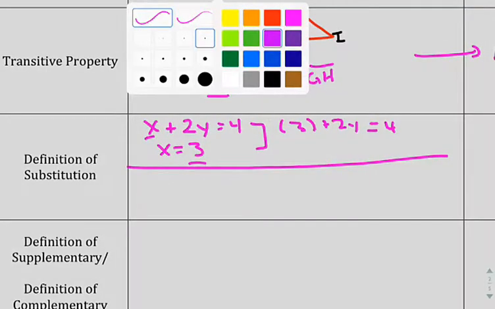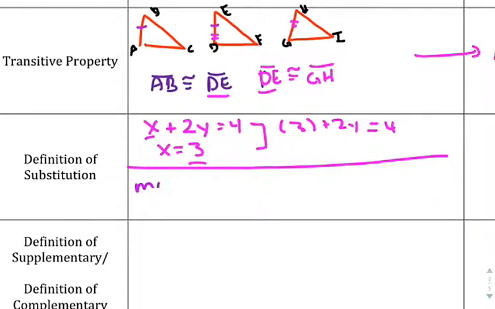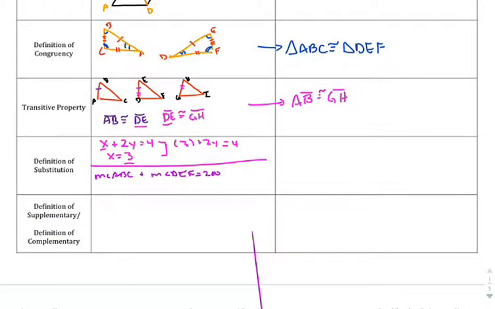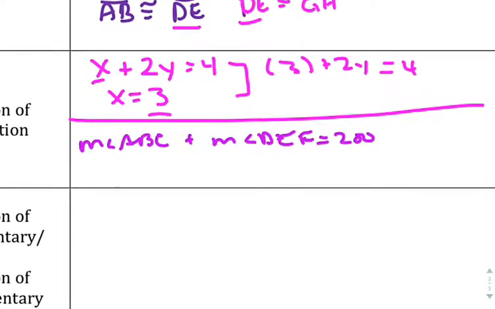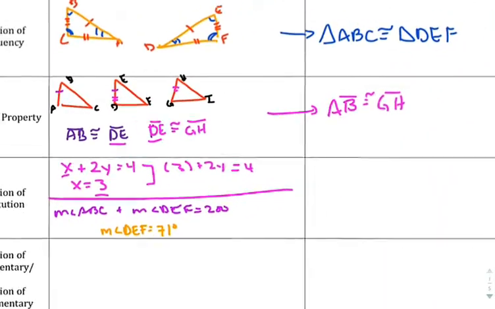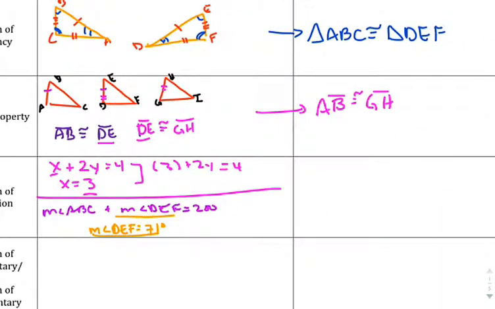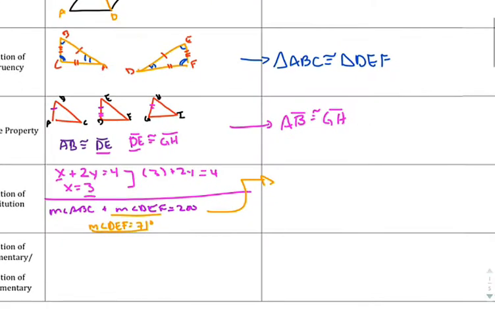In terms of geometry, it's probably going to be more commonly seen in this way, with the measurement of, let's say, angle ABC plus the measurement of angle DEF equals 200. And then you later find out that the measurement of angle DEF equals 71 degrees. Again, we see DEF repeated in both of the statements. So substitution allows me to write in